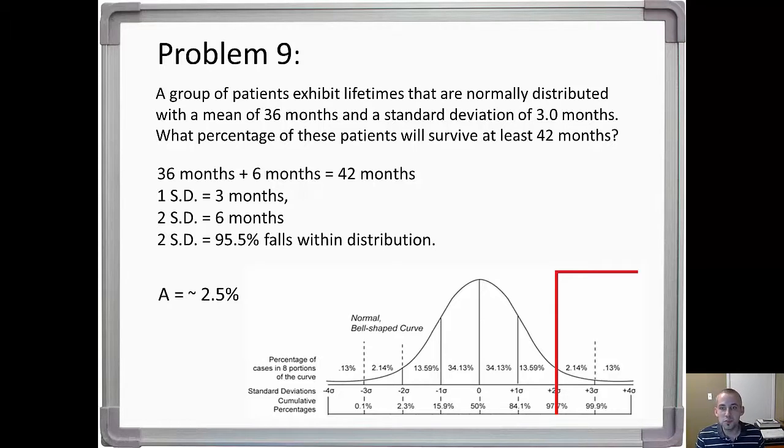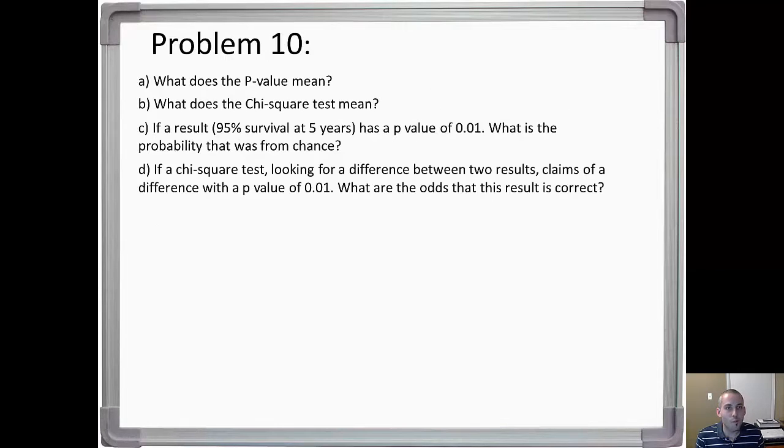So they're saying which will survive at least 2 standard deviations. You're setting the mark here. So the answer is only 2.5%. Okay, so